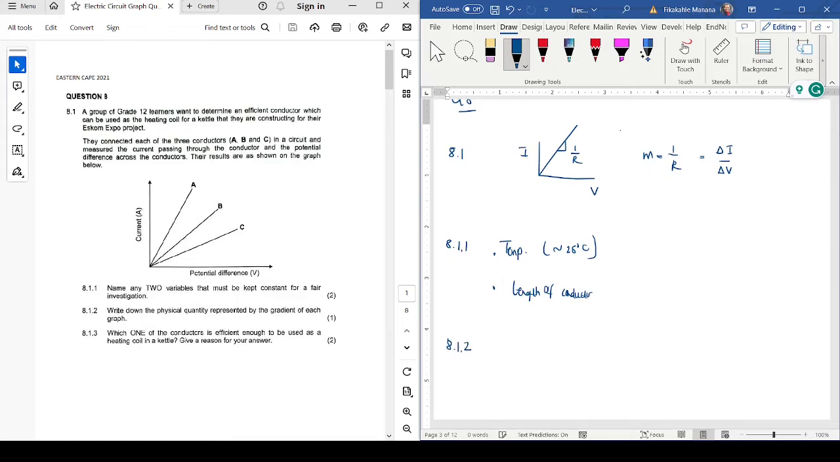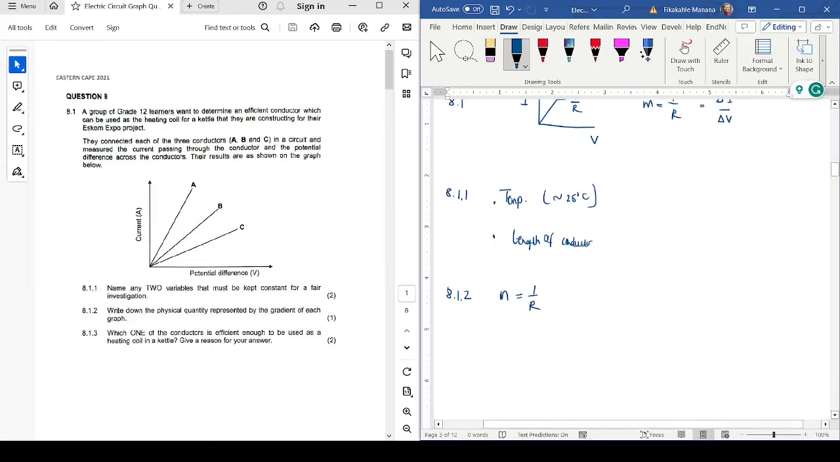write on the physical quantity represented by the gradient of each graph. Okay, great. This is where we shine, and we know that the gradient here is 1 over R, because we've already covered that. And then 8.1.3,